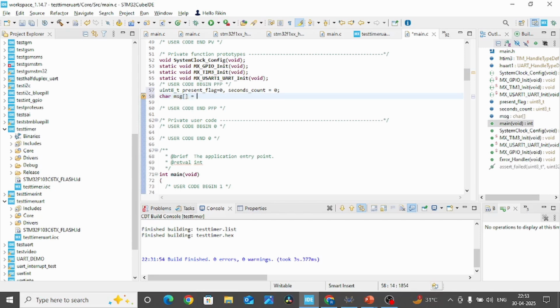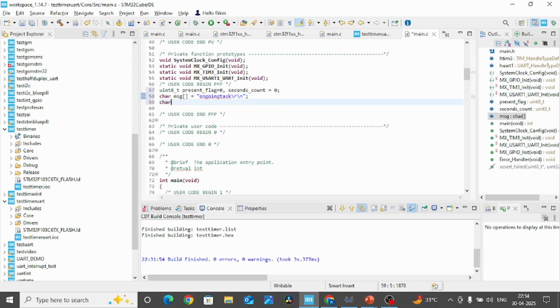So our message is the character message, the ongoing task, and our other message is message 1, which is done. Okay, so first time when a person presses the switch or some fire sensor detects the fire,